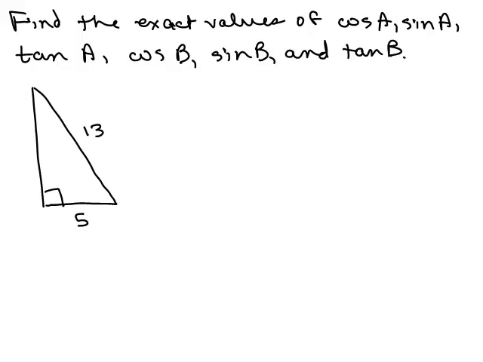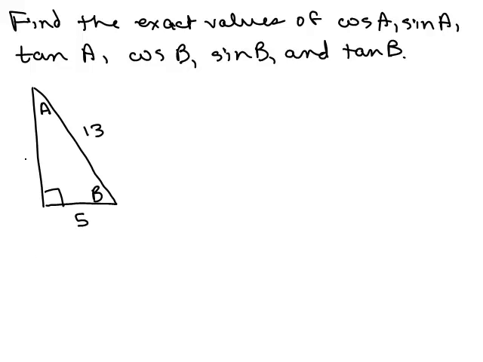So here's a problem. Find the exact values of cosine A, sine A, tangent of A, cosine B, sine B, and tangent of B. And I did forget to put the angles in here, so I need to put which one is A and which is B. Okay, so what do I have here? I know one side over here is 5. That's one leg of the triangle, and the hypotenuse is 13. You might recognize this triangle and know what the other side is, but if not, we could just easily do